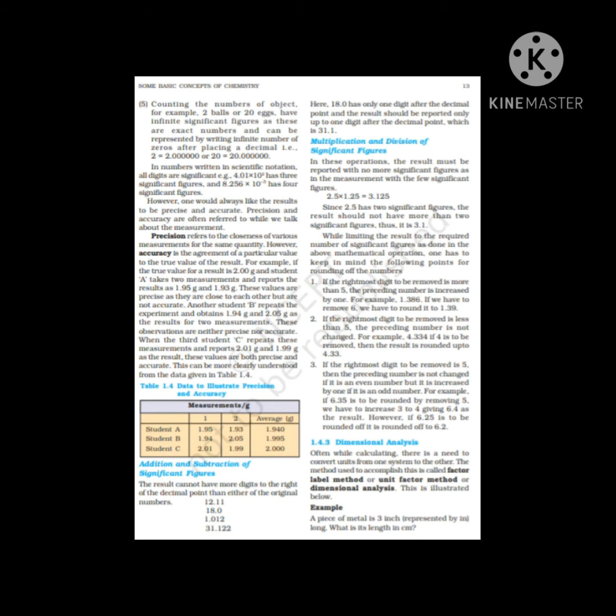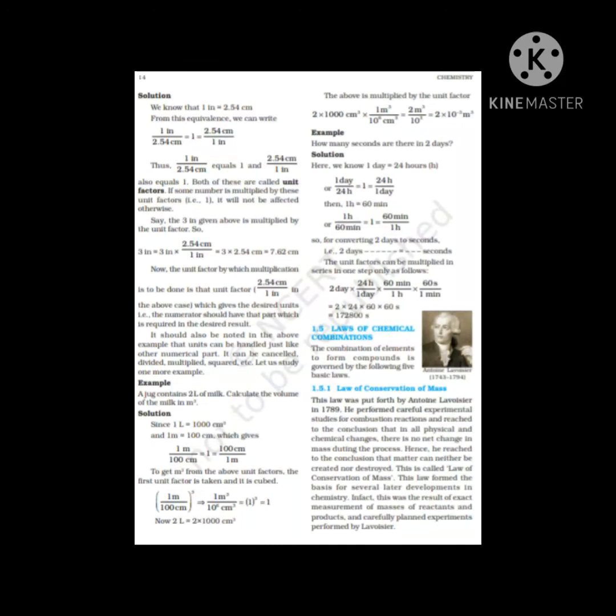Okay, then we start dimensional analysis. Often while calculating, there is a need to convert units from one system to the other. The method used to accomplish this is called the factor label method, or unit factor method, or dimensional analysis. This is an illustration. Example: a piece of metal is 3 inches long. What is its length in centimeters? Solution: we are given